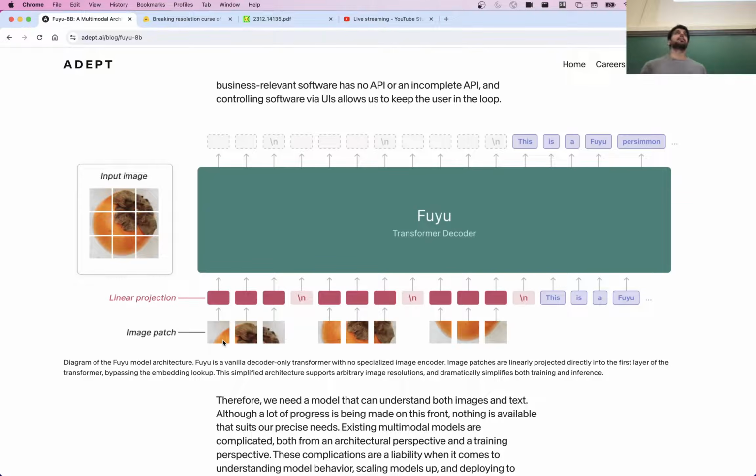That is the process, although it's more complicated than that. You can learn a vocabulary and then just do next word prediction over the image tokens. And this is what is generally done for the models that can actually generate images as well, like DALL-E and Midjourney and so on.